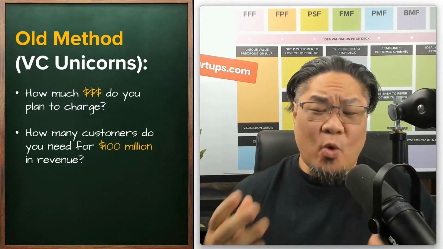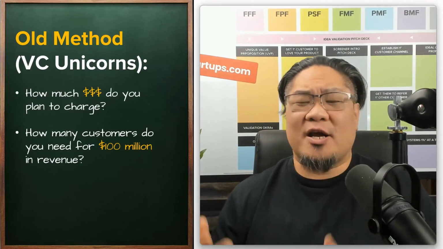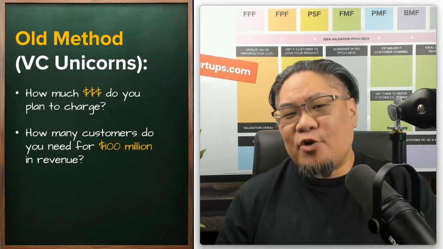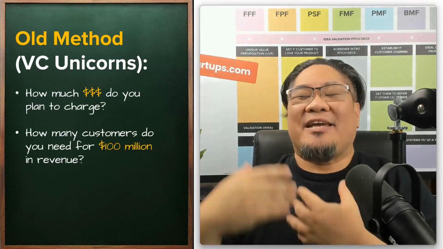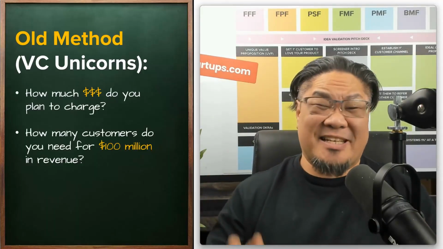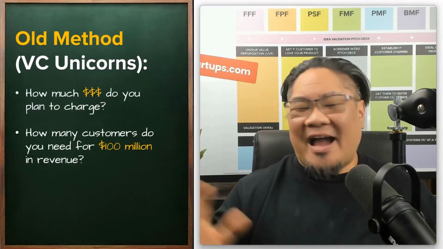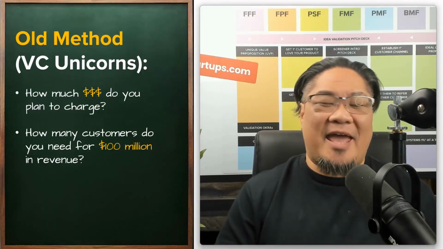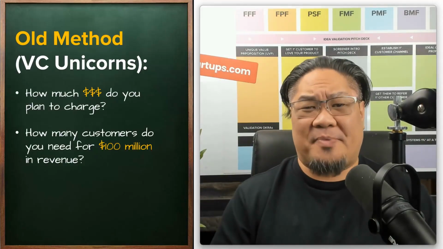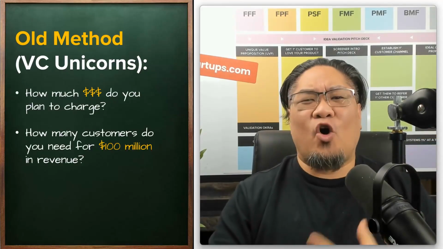Now, let's say you're charging $1 million. Well, you only need 100 customers a year to make $100 million. On the other side, if you were only charging $100 a year per customer, well, then you would need 1 million customers a year to reach that unicorn status. That's a lot of customers. That's a lot of revenue. But these days, with all the hyper-growth startups and all the innovations happening with AI, this is not uncommon to reach this type of revenue in a very short period of time. But finally, you can be convinced all that you want.